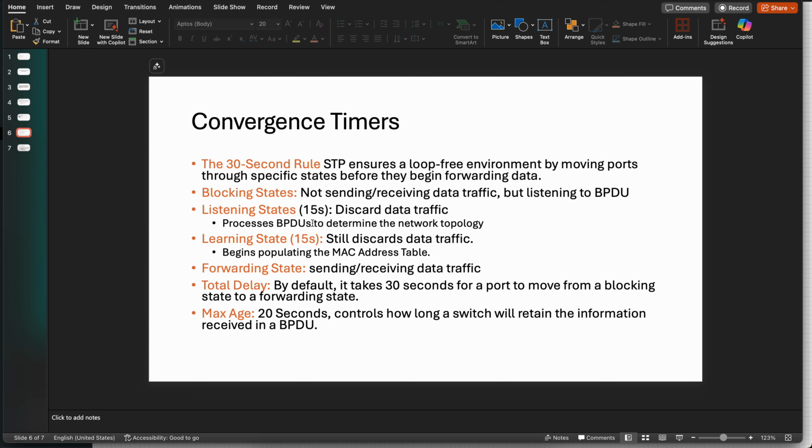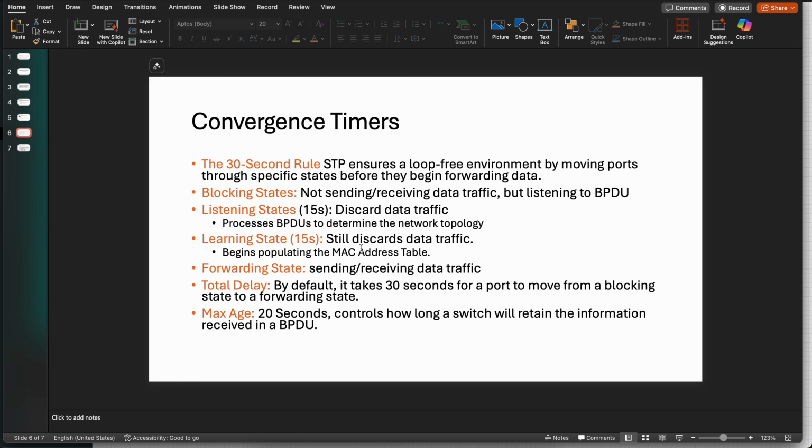It only processes BPDUs to determine the network convergence. Once the 15-second wait time is over, it moves from listening to the learning state. Here you have another 15-second wait time. Again, it still discards data traffic, but it starts to populate the MAC address